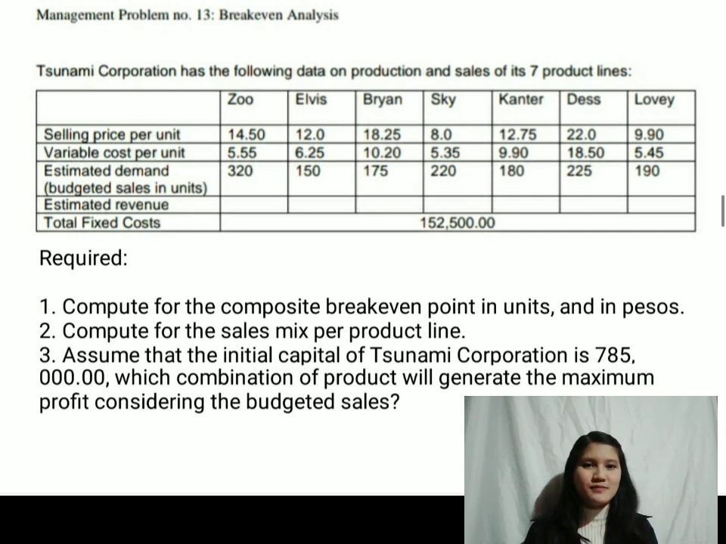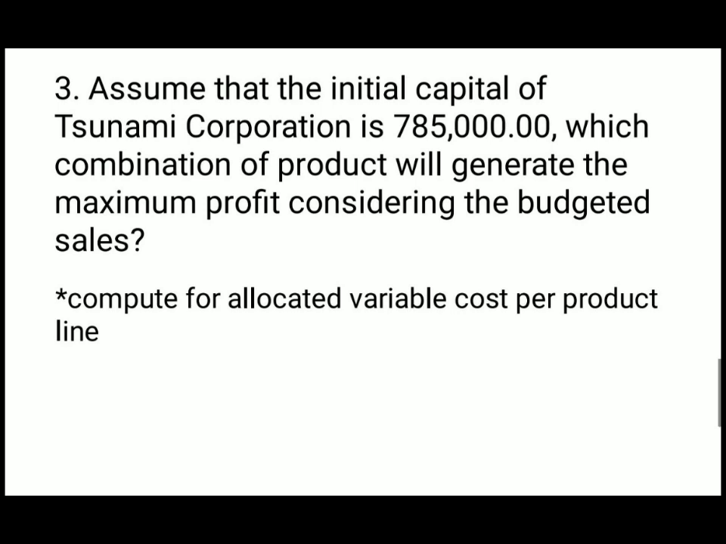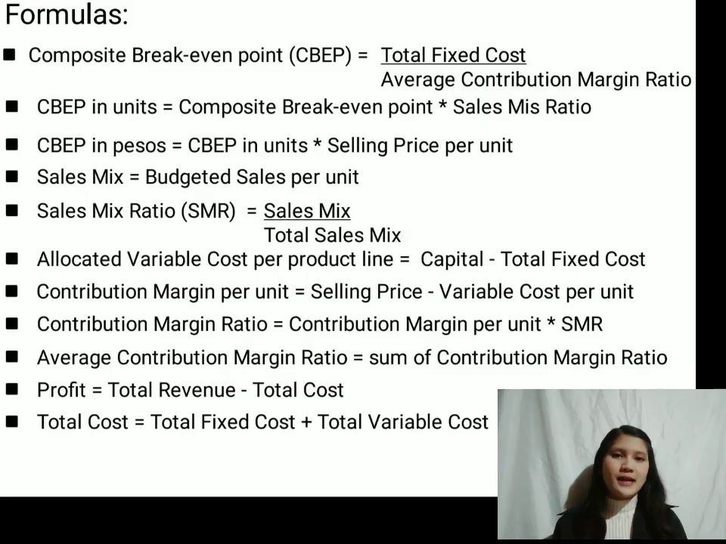785,000 pesos. Apart from the stated problem, we also want to clarify problem number 3. Since we have to find the combination of product that will generate the maximum profit, we have to compute for the allocated variable cost per product line, considering the budgeted sales and assuming the initial capital of Tsunami Corporation, which is 785,000 pesos. Formulas. So as you can see, we have a lot of formulas that we use in solving